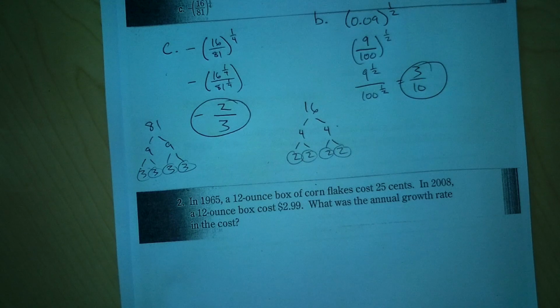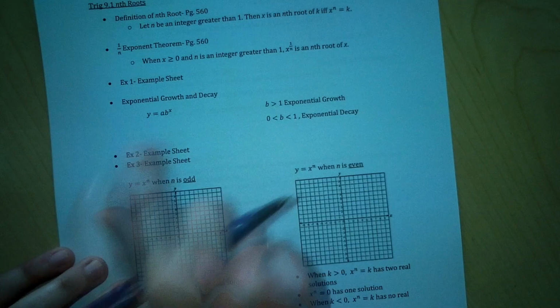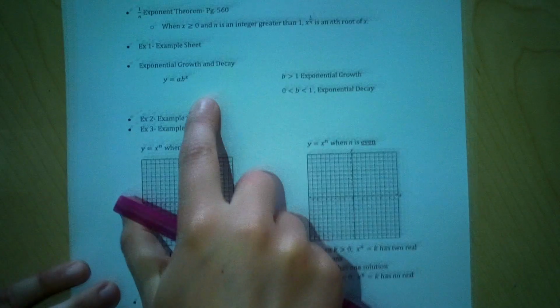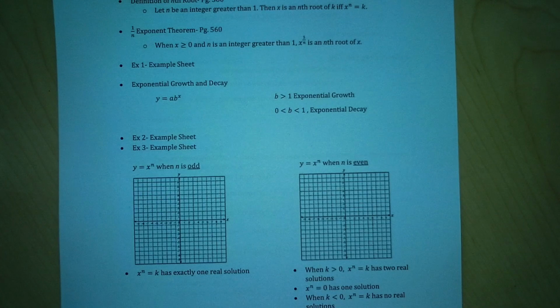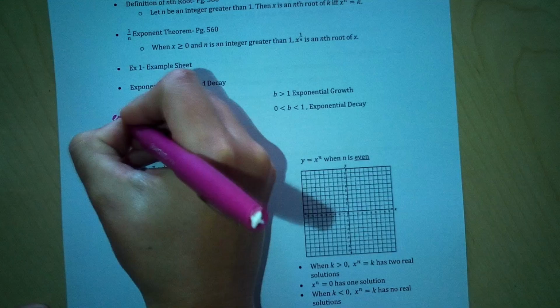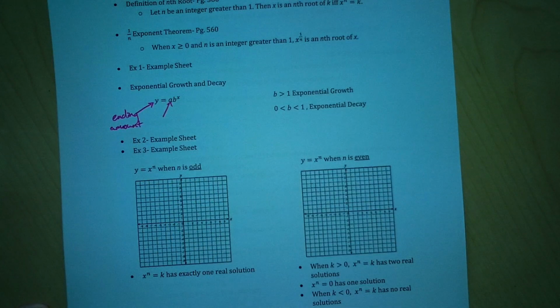So exponential growth and decay is like something increasing very rapidly or decreasing very rapidly. So here to label some stuff, our y is always going to be the ending amount, so the amount that gets kicked out. So I'm just going to label that ending amount. The a is going to be our starting amount. The b is our growth factor, so like how much it's increasing or decreasing by. And then that power of x there is always our time,